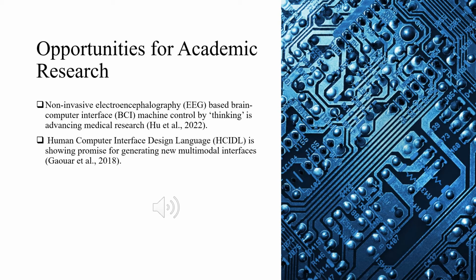So basically, if you can imagine electrodes on like a harness on your head, so that it can read the electrical signals going on in your head. There's been a lot of advances using that type of a harness, that EEG-based technology, in medical research. So particularly with paralyzed folks, I mean, they can still think, right? So if you can translate those electrical impulses into a method to communicate to a computer, you can control a robot. The possibilities are pretty limitless, and that's advanced quite a bit. So I found that really interesting.